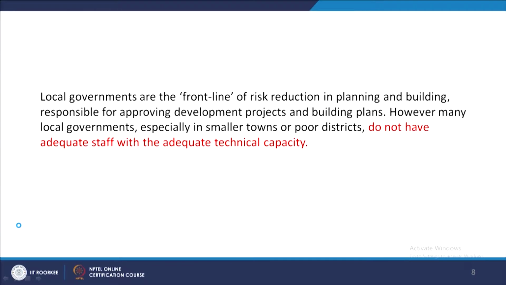So I am also summarizing a few implementation challenges. Now, when we talk about any plan implementation, first of all, it will be submitted to the local development authority. These local governments are the first step when you propose a large area development.